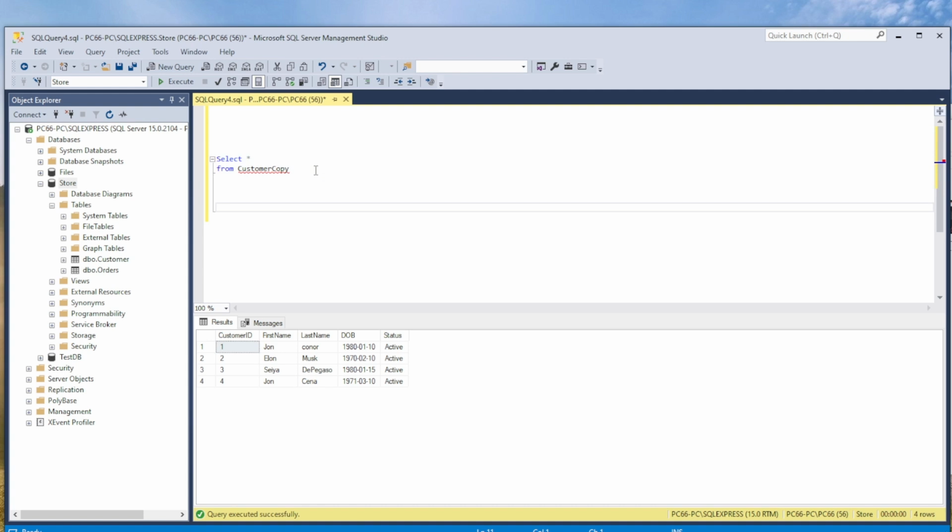Now when we want to update a record, let's say somebody has told us to update the last name of customer ID 1 to be a capitalized Connor. Since the customer ID is our unique identifier, we're going to filter by that information, where customer ID is equal to 1. So we get 1 record. Now in order to update it,